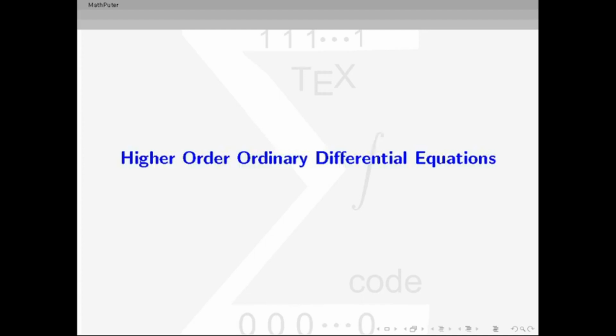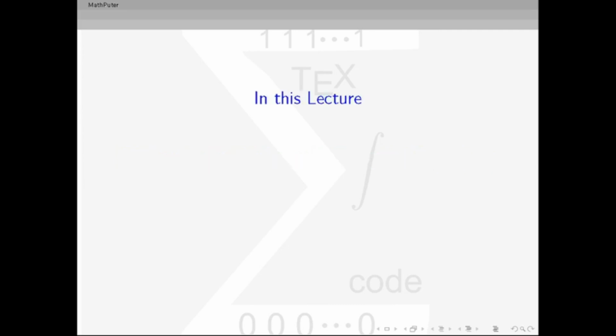Let us continue with the discussion on higher order ordinary differential equations. In this lecture we are going to discuss the case where the right hand side is a polynomial function, R of x is equal to x raised to n. So for this session the important part is